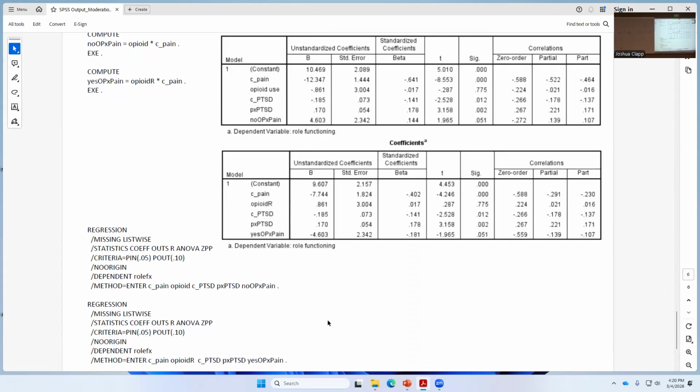You'll notice that both of these models are different than my base model. Why? What did I do with opiate use in my base model? Yeah, Jack, it was centered, right? And so this is why, typically, for my base model, because I don't know